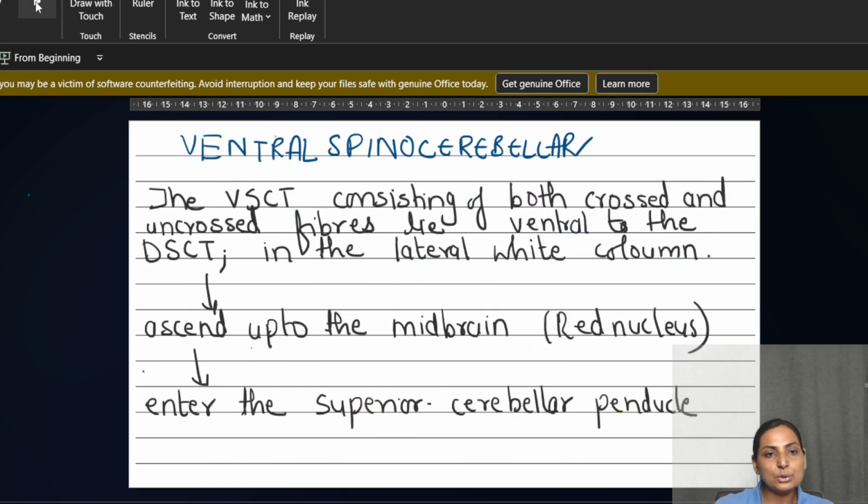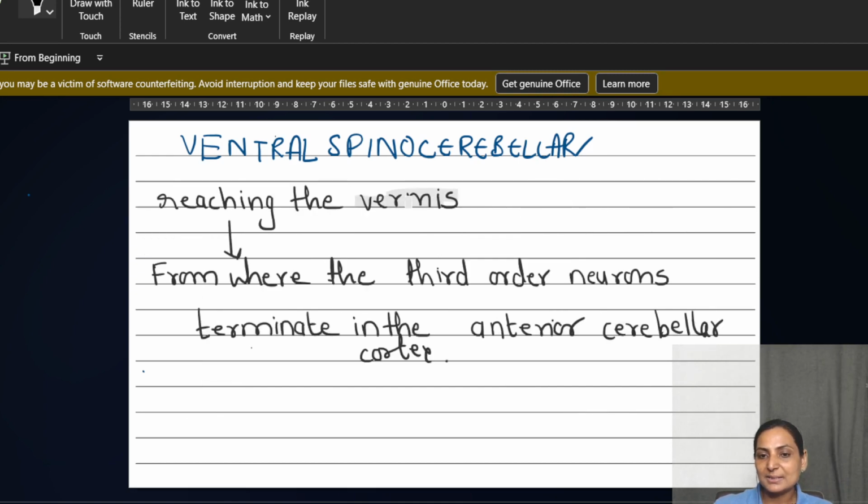Whereas if you look on to the ventral spinocerebellar tract, which has got both crossed and uncrossed fibers, which lies ventral to the dorsal spinocerebellar tract in the lateral column. It ascends up to the midbrain, up to the level of red nucleus, but it is not going to terminate in the red nucleus. It is going to pass through the red nucleus and not relay there. It is going to enter the superior cerebellar peduncle to take entry into the vermis. This vermis again is going to be their second relay station. So second relay station, first relay station is common, from where the third order neurons, they basically terminate into the